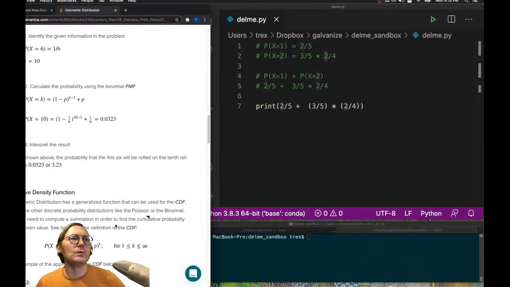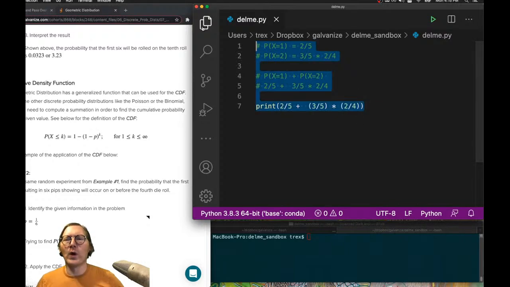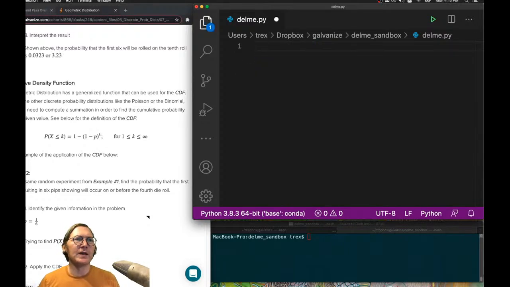So in terms of the CDF, given the same random experiment, find the probability that the first die roll resulting in 6 pips showing will occur on or before the 4th die roll. So we can do this in a couple ways. One way is we can say